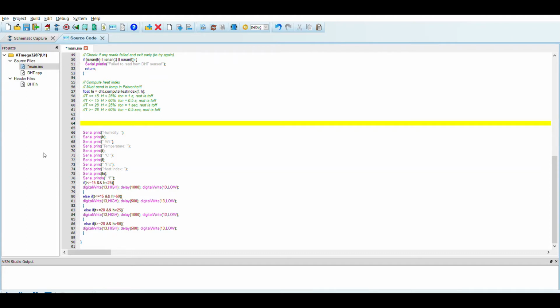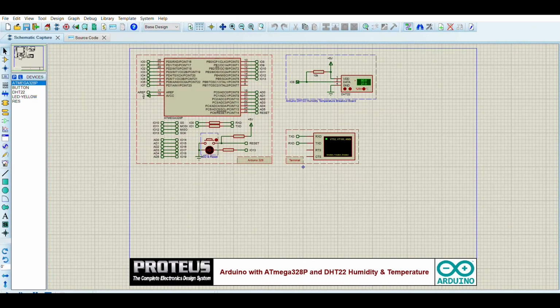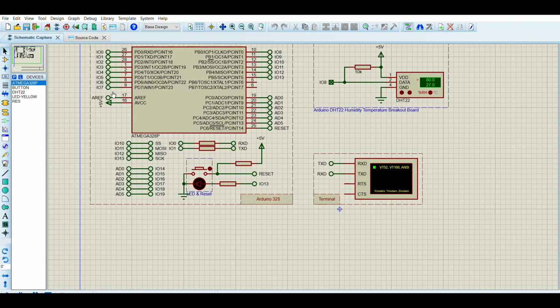So let's build and run this code on the terminal and the schematic capture board. After compiling the project, we go to the schematic capture window where we see the Arduino board, and then run this code.